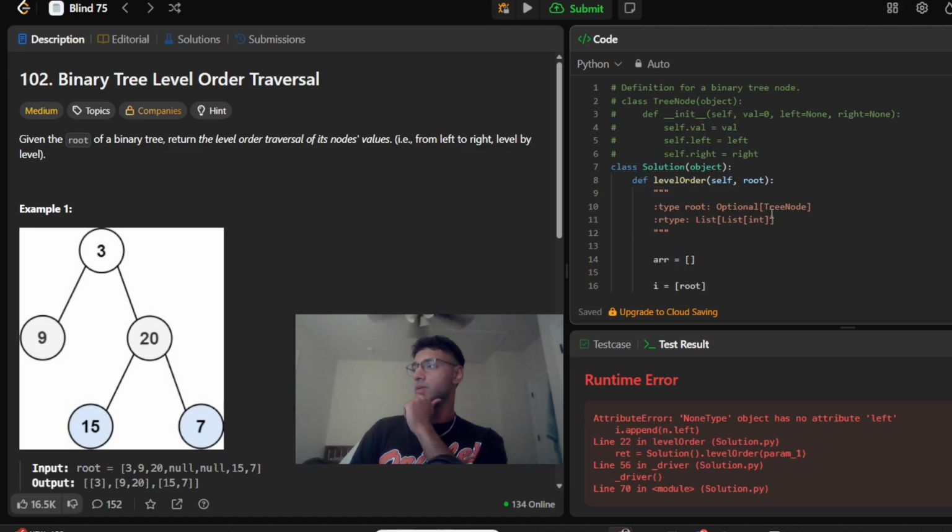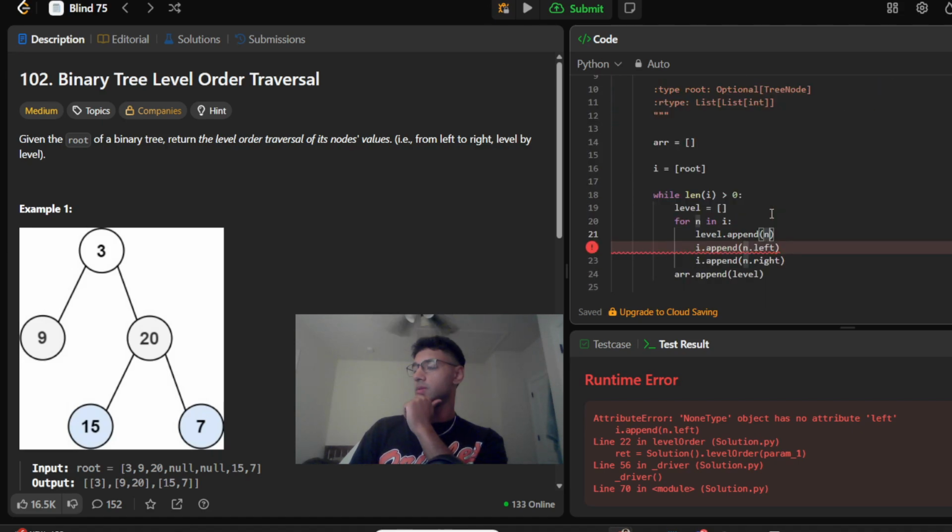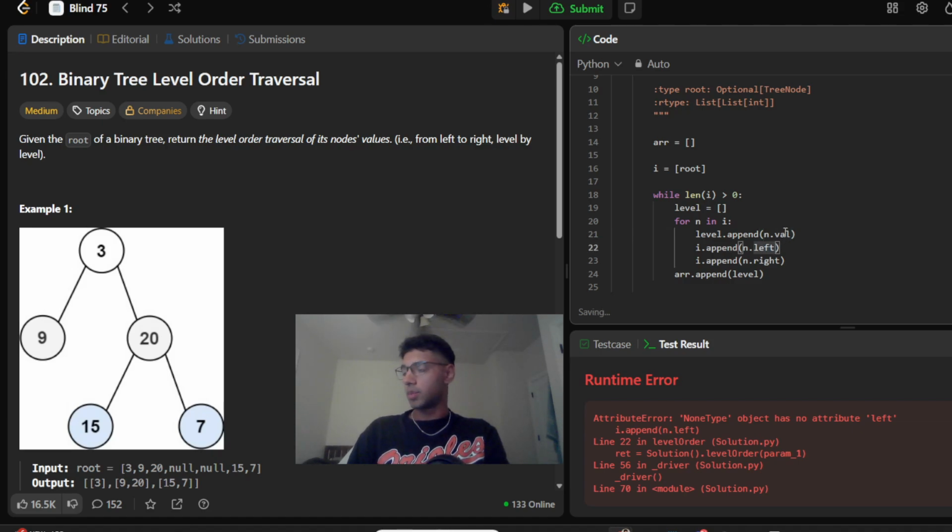Level.append n.val. I.append n.left if n.left, else none. If n dot